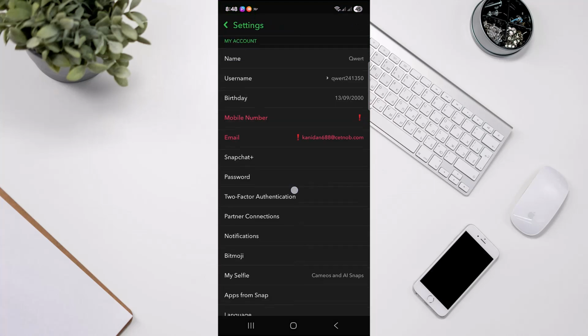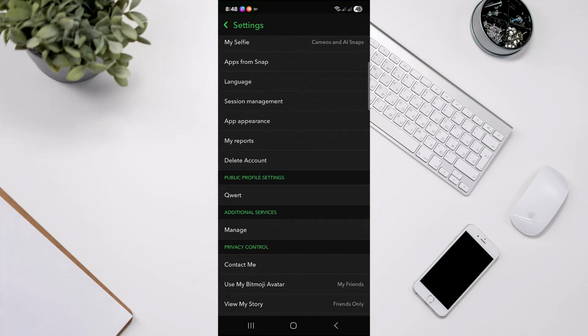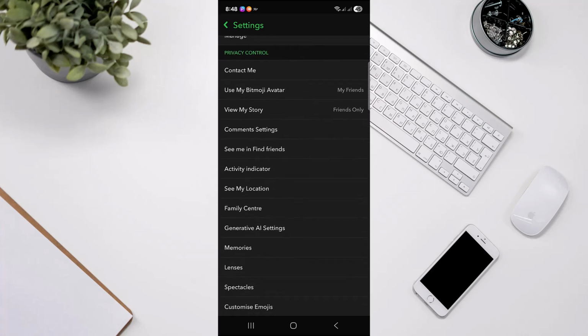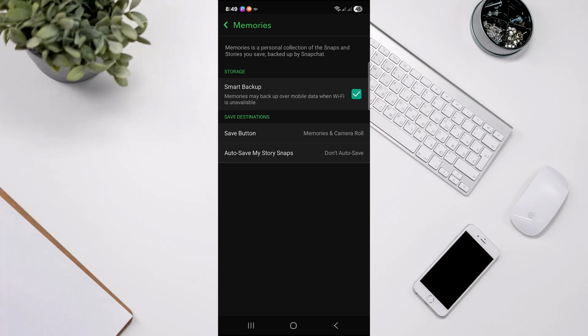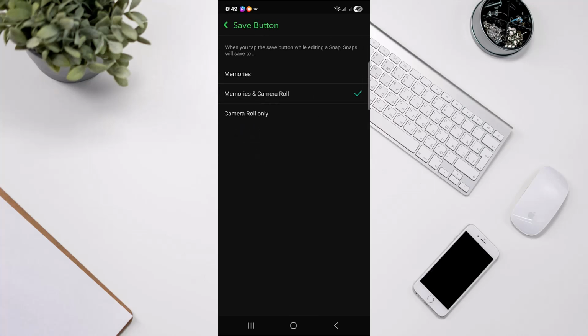And here, scroll down and you will find memories in privacy control section, just at the bottom of generative AI settings, and go to memories. And here, as you can see, there is a save destinations. So go to save button, and here once you click a snap, when you tap the save button, it will